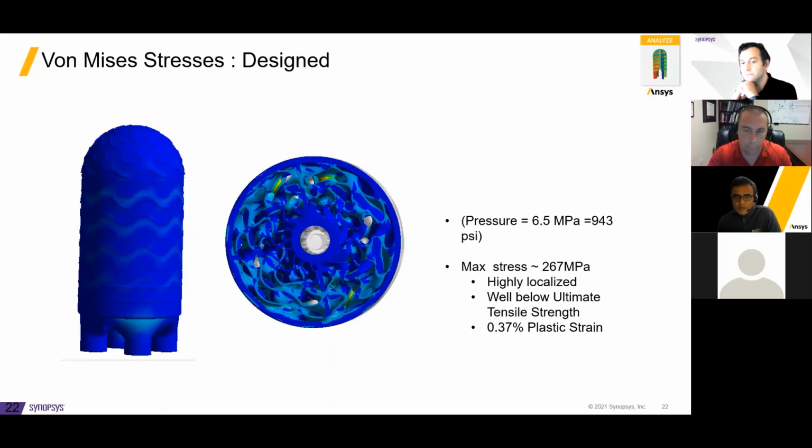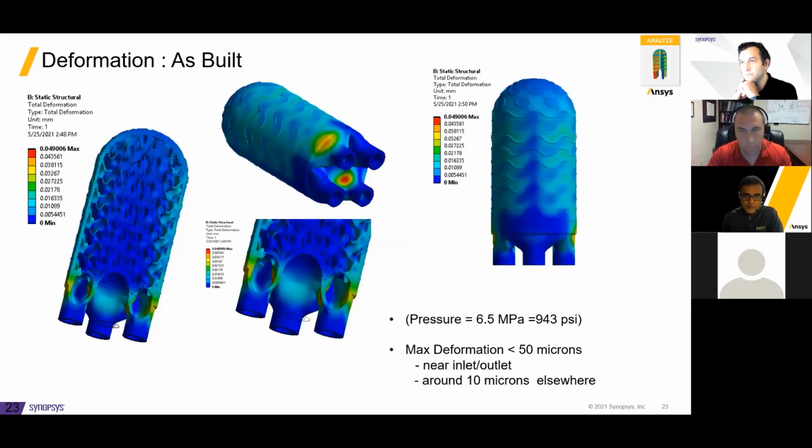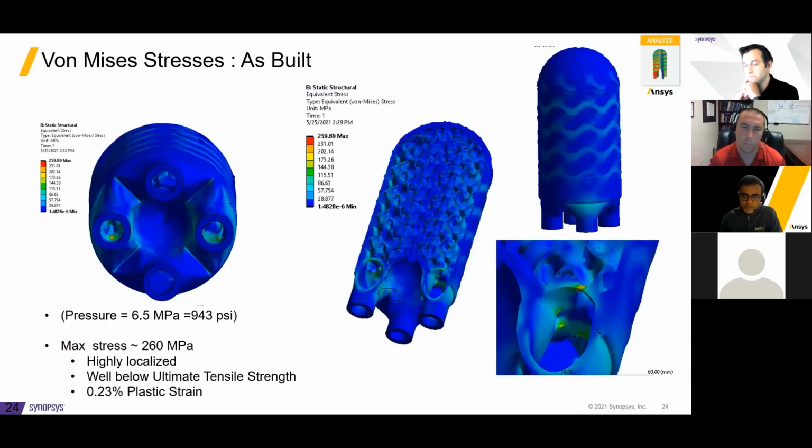So it's a very local phenomenon, which may be attributed to local sharp features or perhaps mesh, etc. So again, if I look at the same numbers from the analysis for the as-built mesh for that specific build, I see reasonable numbers. In fact, the maximum deformation, again, in the similar spot to what was expected from the nominal geometry, is just under 50 microns,